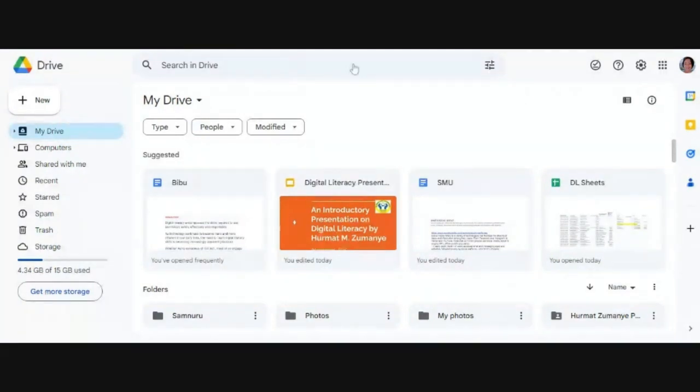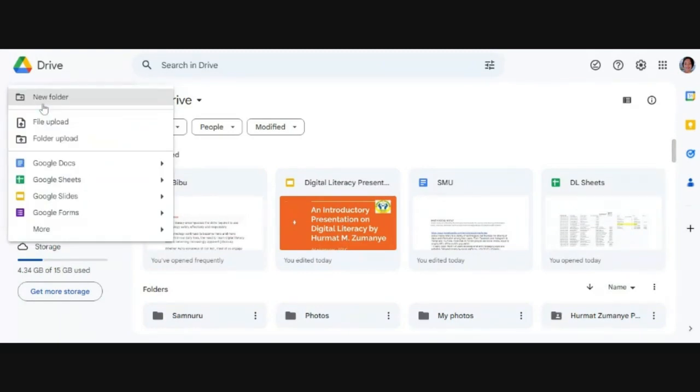And you can also create those files, be it Google Forms, Google Sheets, or Docs. You can create them right inside Google Drive. So when you want to create a file, you just come here and click on New. So here they are. We have Google Docs here, Google Sheets, Slides, which I'm using, Google Forms, and many more. So now let's start with Google Docs.